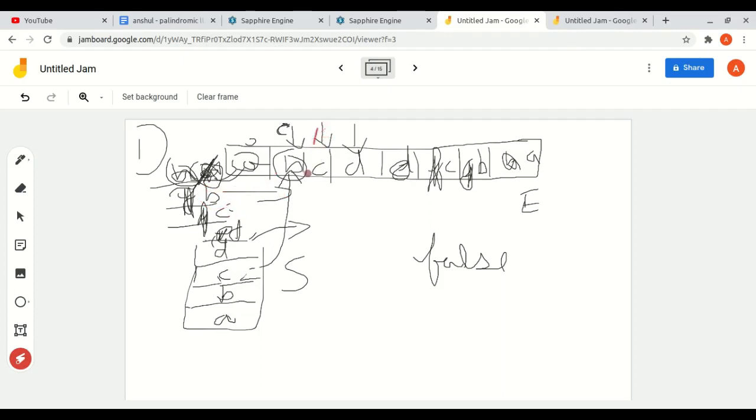Now this is C, the current pointer, and the topmost element is C. This is the same.